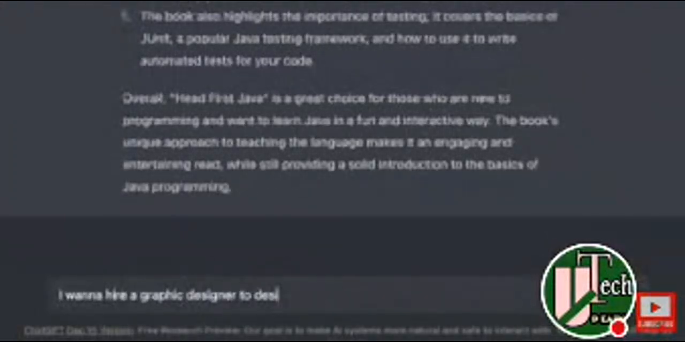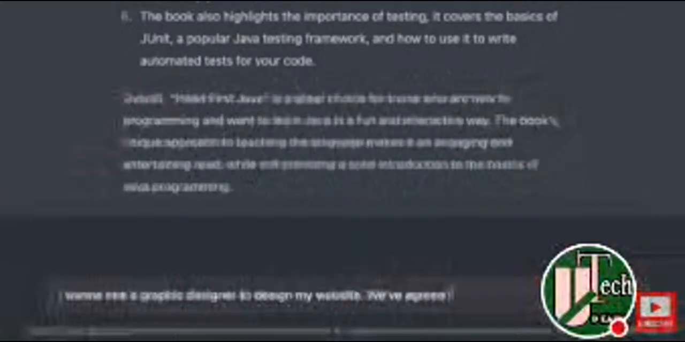We can also ask ChatGPT to write contracts for us. Here's an example. I want to hire a graphic designer to design a website. We've agreed that they will deliver the first draft